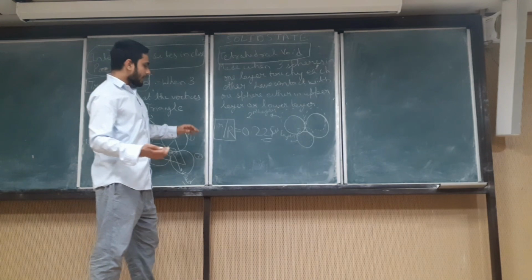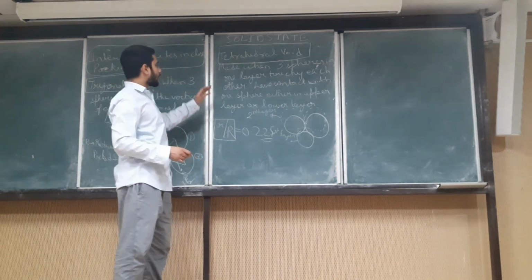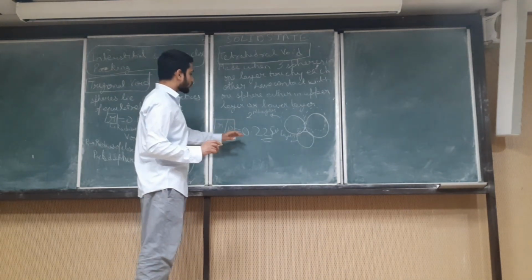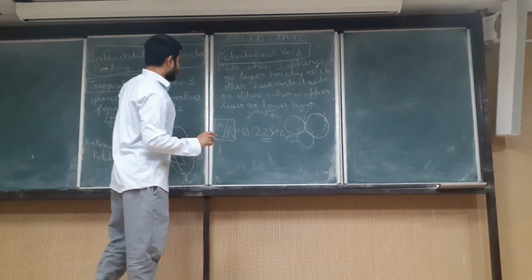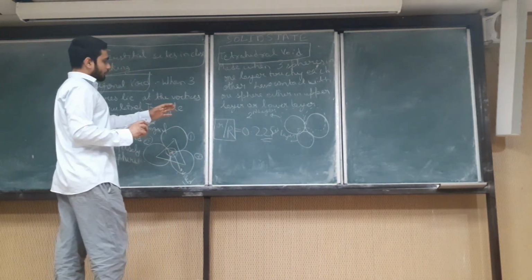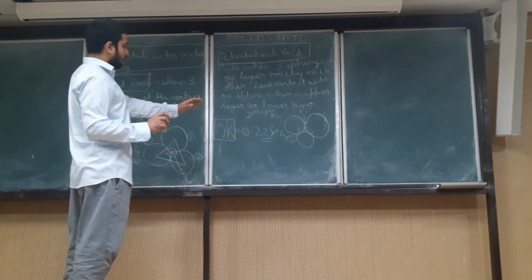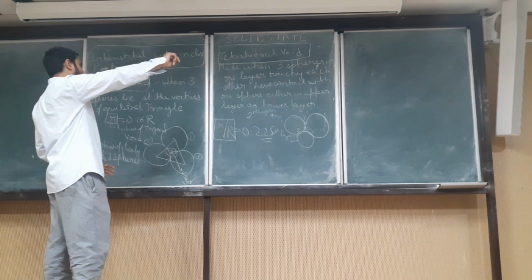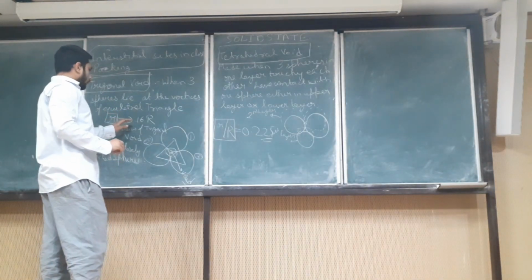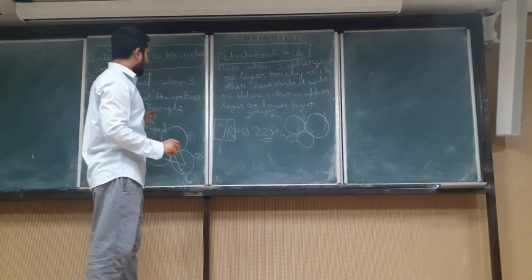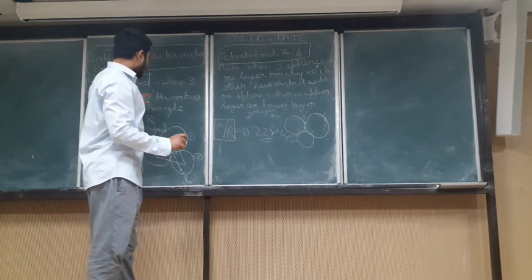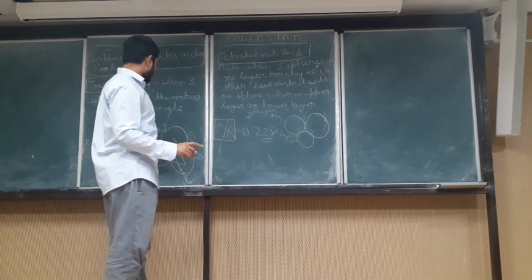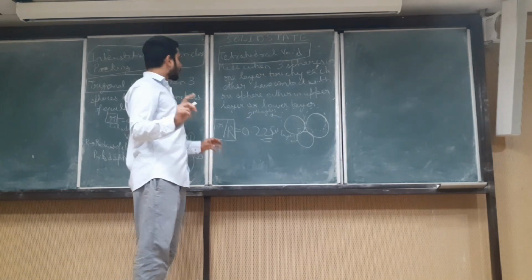Okay. And in this the radius of this tetrahedral void and the radius of the sphere are related as small r by capital R is equal to 0.22. So this is how we can calculate the relation between small r and capital R. If it is asked, small r by capital R is equal to 0.22 in case of a tetrahedral void, and in the case of trigonal void small r is equal to 0.16 R. And it is formed when three spheres form an equilateral triangle between them, and the space left between them is called a trigonal void.